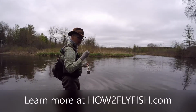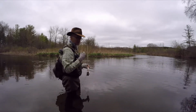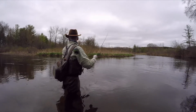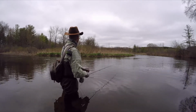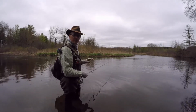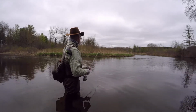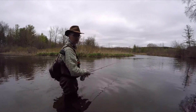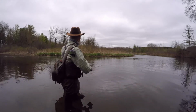A mend puts slack in the line to allow the indicator to drift naturally with the current. So if I was to cast straight out, a belly forms in the line because of the current, a little bit faster in the center than at the edges, and that belly will drag the fly around. So a mend is basically flipping a little bit of slack in the line in order for that fly, that indicator, to float